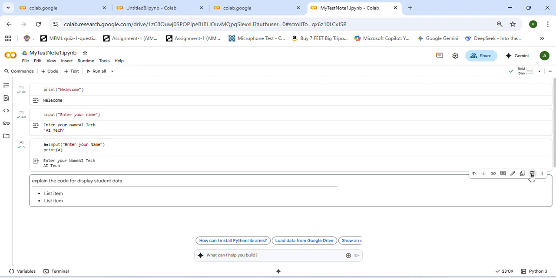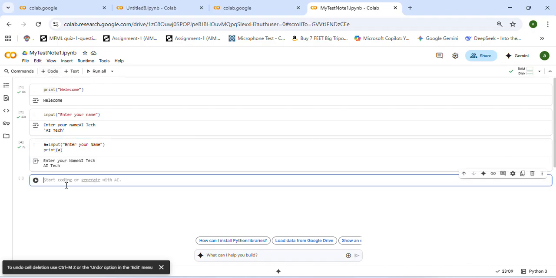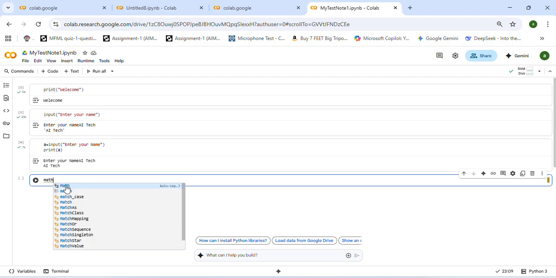Similarly, we'll remove this. We'll go for the next command, which is nothing but a math function. For example, suppose you want to take a square root of some number, say 25. How do we do that? We have an inbuilt function for this, which is math dot square root of 25,